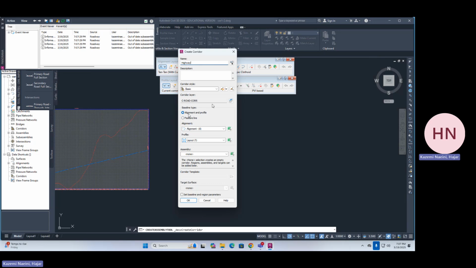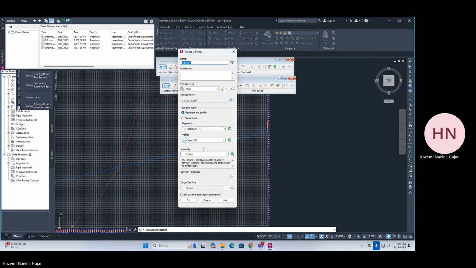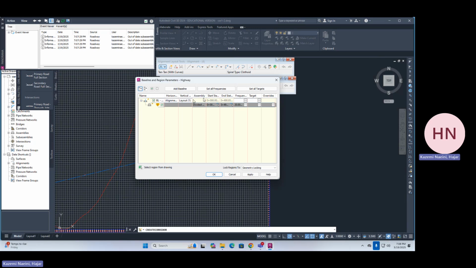And it should be on alignment on profile. You need to select the alignment. This is alignment 4. We have this layout here, just for project line. And we need to select the assembly. Also, we need to select the target surface. And when you click on OK,